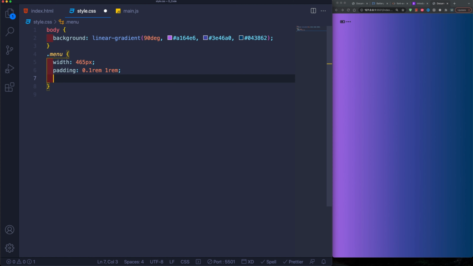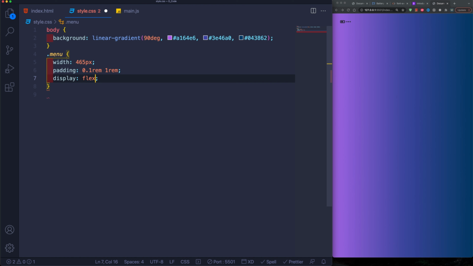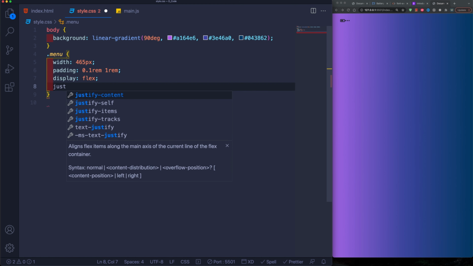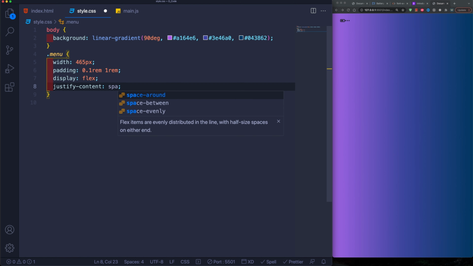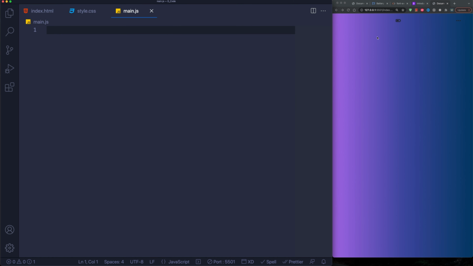Now everything that is within the menu is going to be displayed first of all as flex. I'm going to use display flex. This will align the items automatically in a row, and now I can use justify-content on them with space-between. This will give me even space between my three contents. Now the left one we can't see right now, so why don't we jump into JavaScript and let's add the